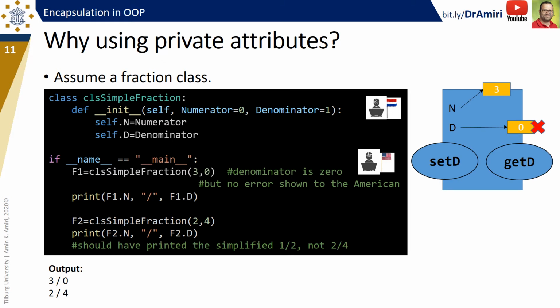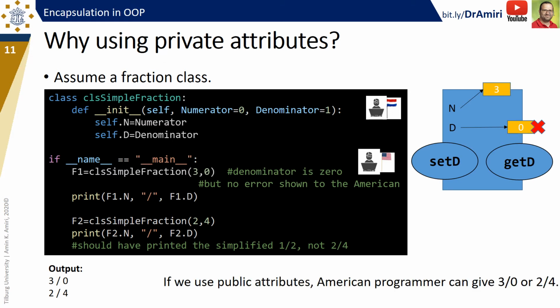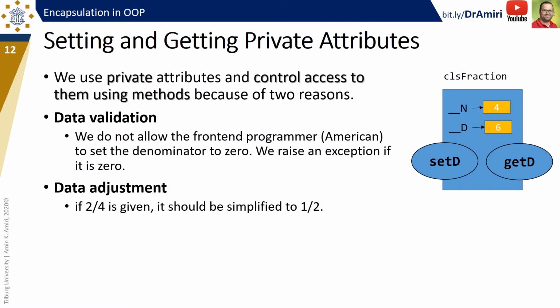We cannot have control on setting the attribute. The front-end programmer can give anything he wants to the attribute. He can set it to whatever values he wants. But we should not allow that, because that's not the way we would like the fraction class to work. So what we do, we make all those public attributes private so that we can have control access to them